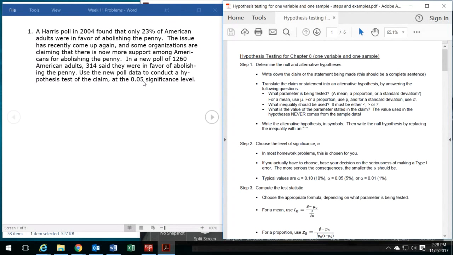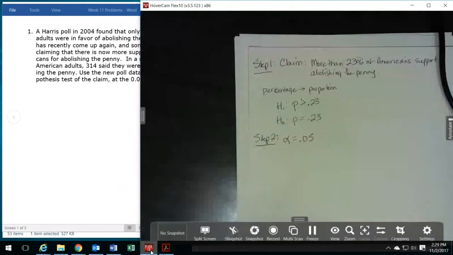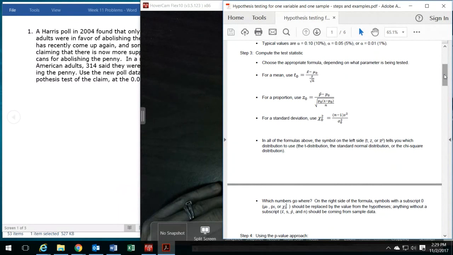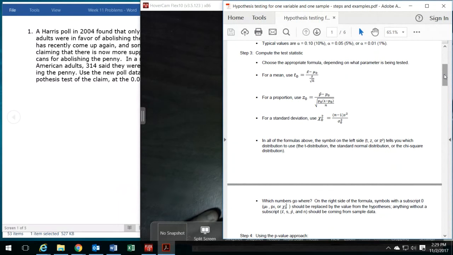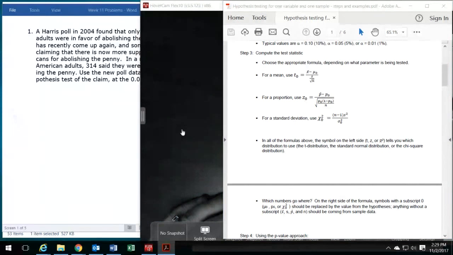So in this one, they already told us that our significance level is 0.05. So step 3, and this is to find the test statistic. And this is where you have to know what it was that you were looking at for your claim. So if we go back up here,